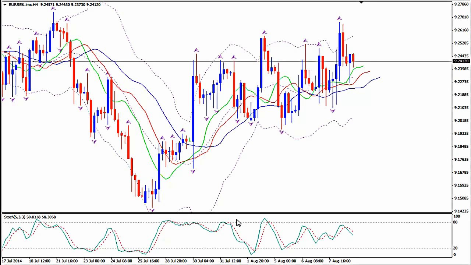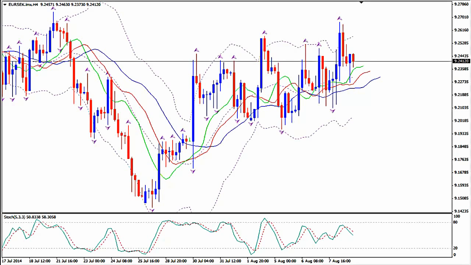I'm using Bollinger Bands, Fractals and Alligator, which are Bill Williams indicators and come with your MetaTrader, and Stochastics. We'll be looking for a nice trade setup, but before we try to spot it, let's see the bigger picture